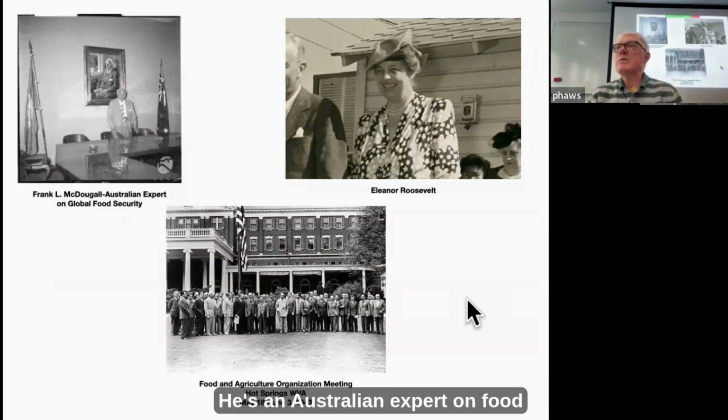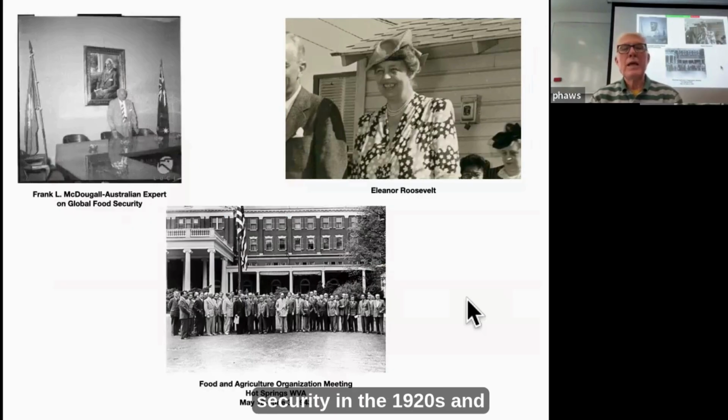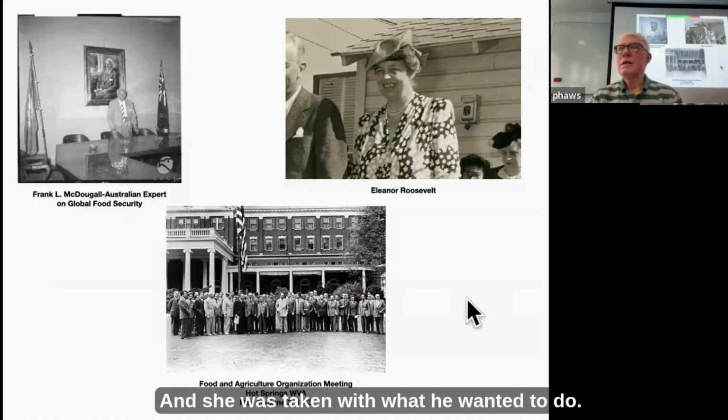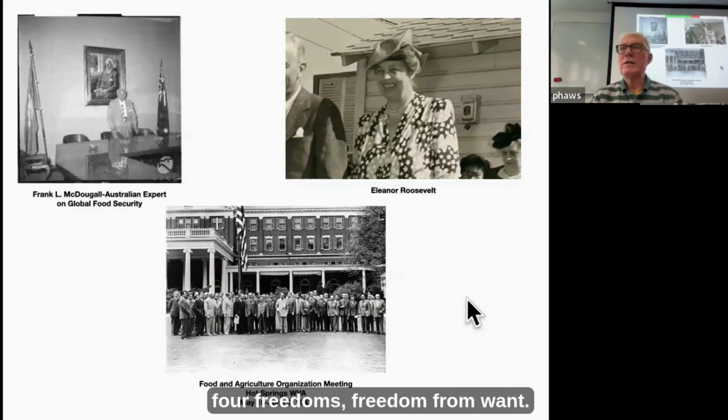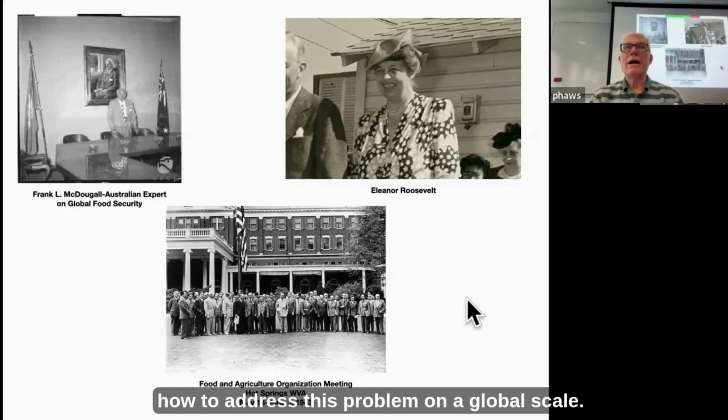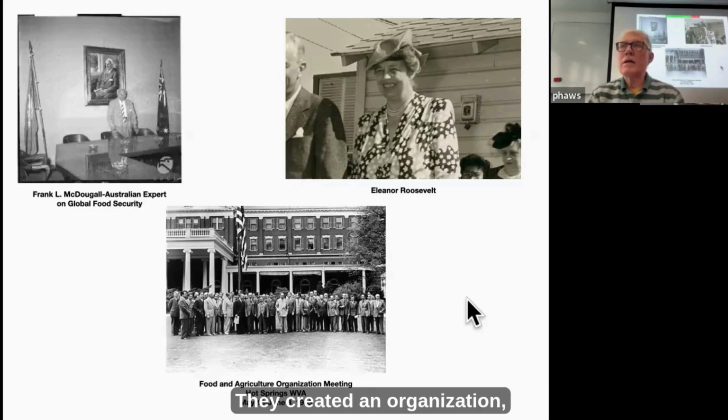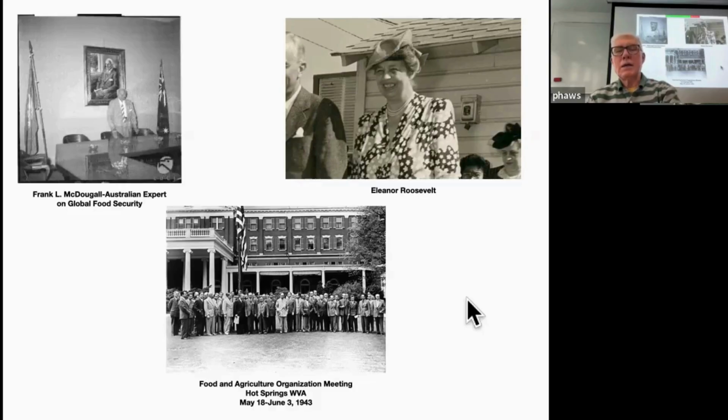And what happens here is that you see Frank McDougall. He's an Australian expert on food security in the 1920s and 30s. And he talked to Eleanor Roosevelt, and she was taken with what he wanted to do. McDougall said he approached her because he read the Four Freedoms, freedom from want, and he wanted a proposal for dealing with how to address this problem on a global scale. They created an organization. Roosevelt talked to his